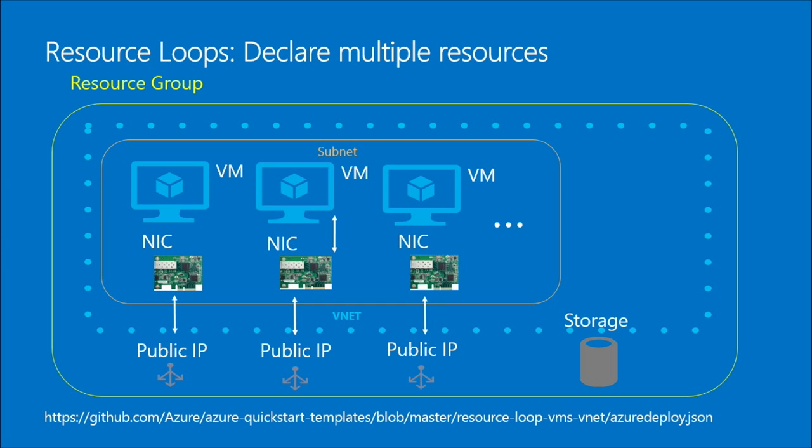It essentially creates a bunch of VMs, each with a virtual network, in order to create a large number of virtual machines. And obviously inside that template, you're not duplicating absolutely everything. Like in this example here, you don't need to have duplicate subnets. You don't need to have duplicate VNets and that sort of stuff. It's only the pieces you need to have. That's correct. From an IT pro point of view, the control is totally yours in terms of what gets replicated in the deployment and what is shared. So we have a key construct with a lot of flexibility in terms of how you compose the topology that you want.